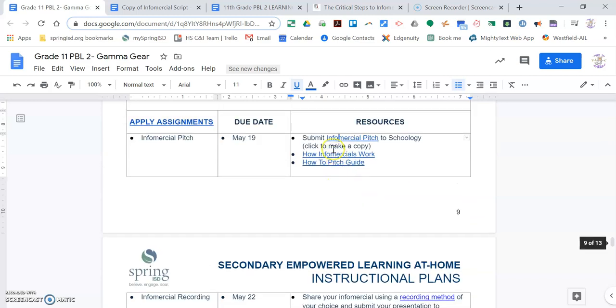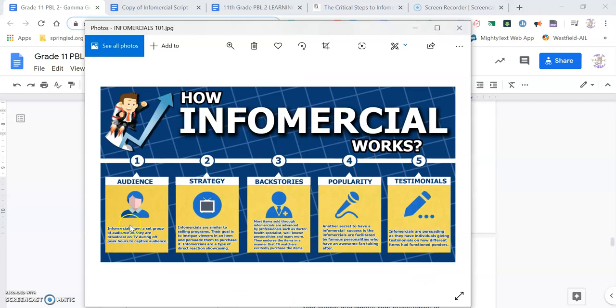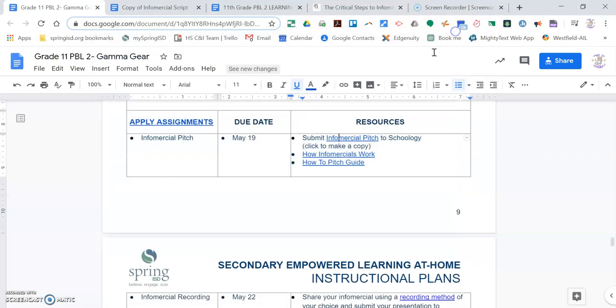Oh, there's another thing. So you also have how infomercials work, and then the how to pitch guide. So the infomercial looks like this. It's 1 through 5. Kind of the students look at what's their audience, what's their strategy, what background stories they may have, popularity, and then any testimonies they may have, and then also the how to pitch guide,